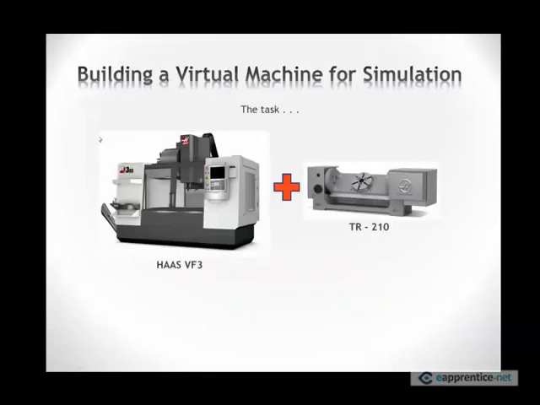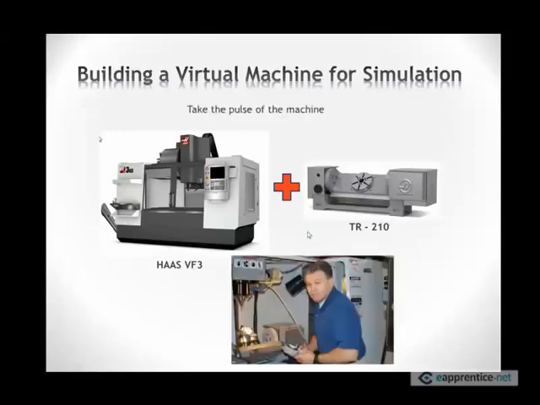Today's task is to build this HAAS VF3. This is a 3-axis machine, but we want to make it 5-axis by mounting this TR210 trunnion type rotary, both HAAS products. So the first thing you need to do is actually mount it on the machine. You mount the rotary on the machine and then jog the machine around, set up the rotary device